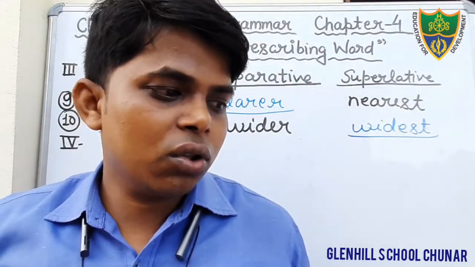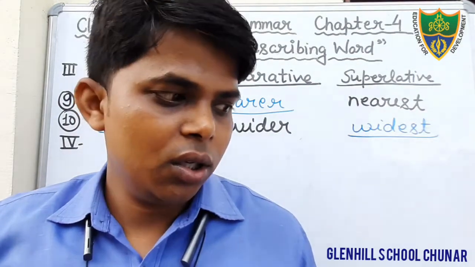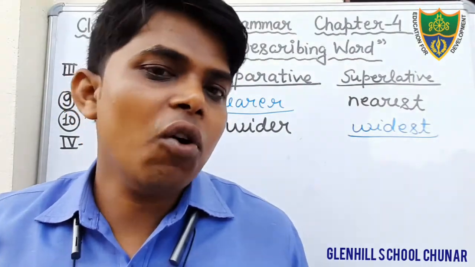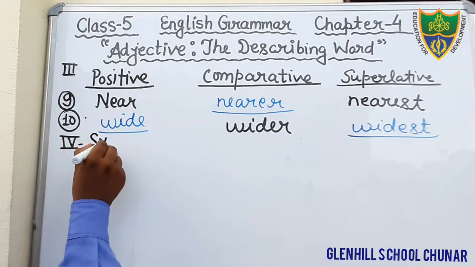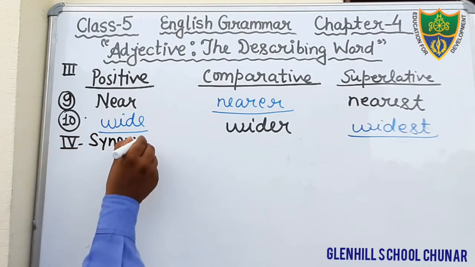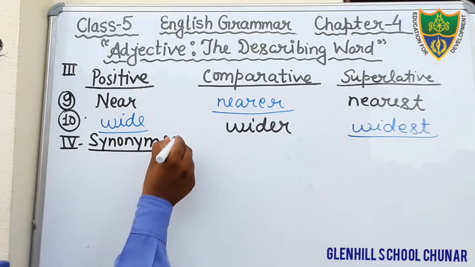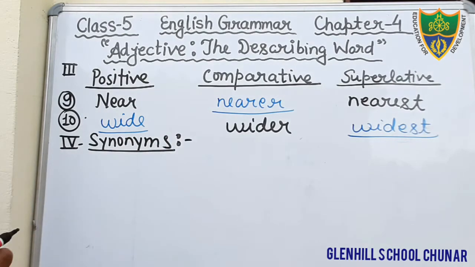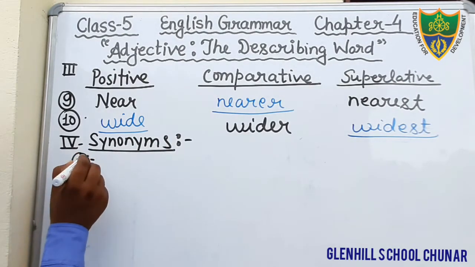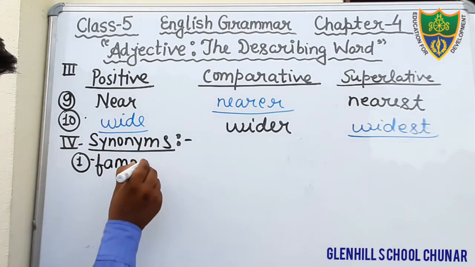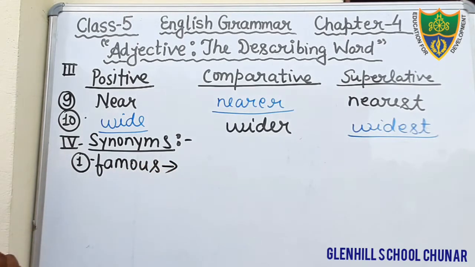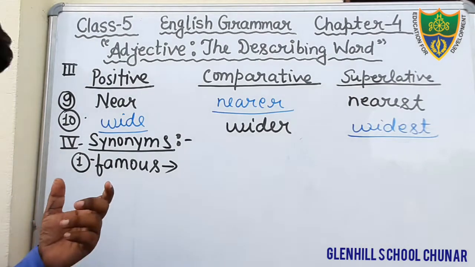And there are 6 questions given in your book related to the synonyms. Now we will discuss that. Just see the question number first. That is synonyms. What is first question given? It is given famous. We have to tell what? The synonym of that. What would be famous? Famous means